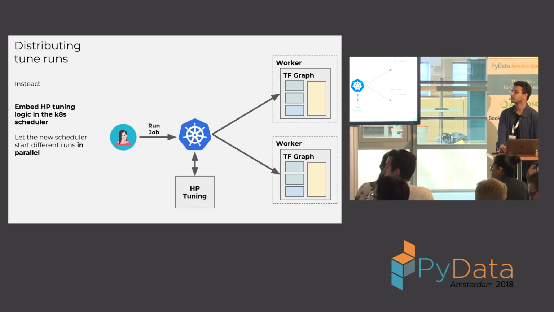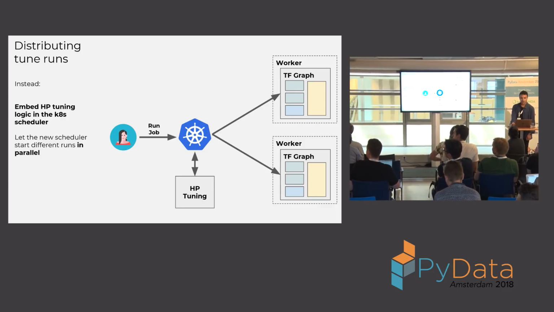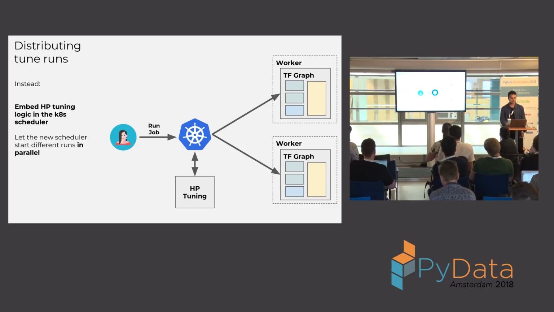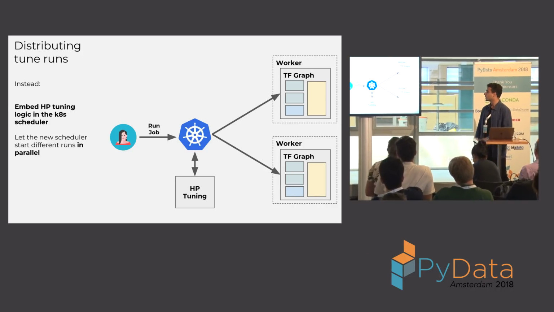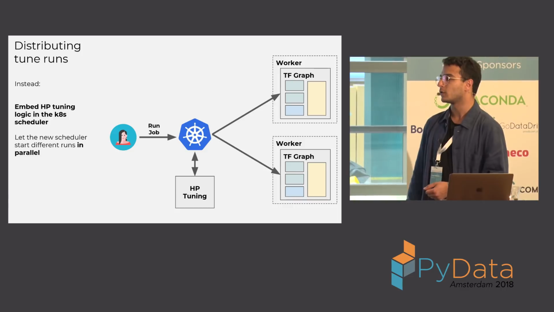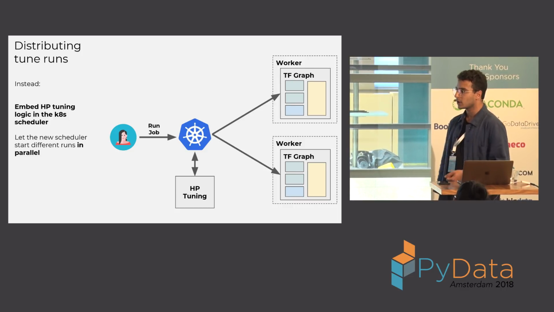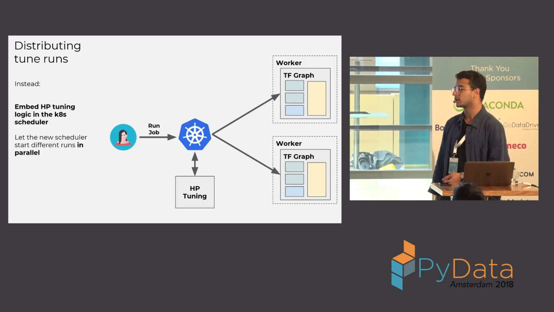Are you doing anything with respect to job priority to prevent someone from hogging the cluster? Not yet. The question is basically about priority. Starting with version 1.10 in Kubernetes, you can give priorities to pods. This gives you the ability to do preemption, for example, to evict pods if they have lower priority. We didn't do this yet, but it's supported.